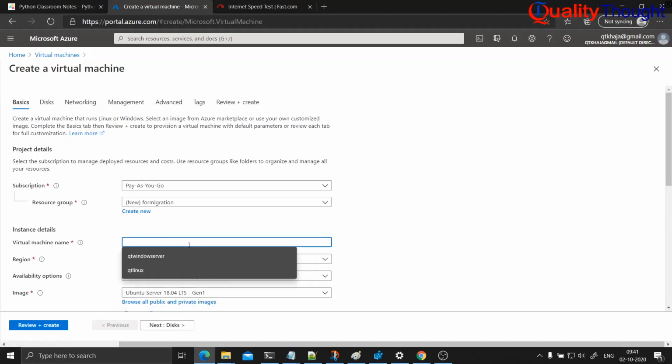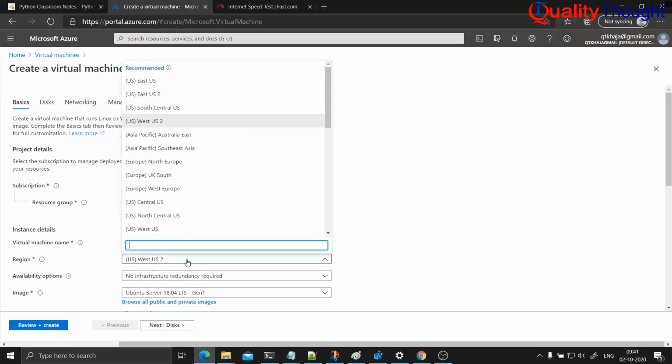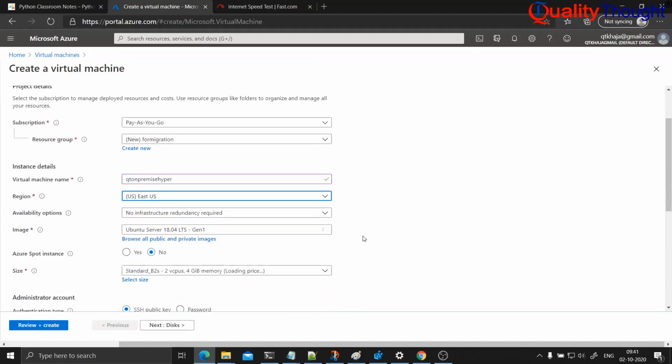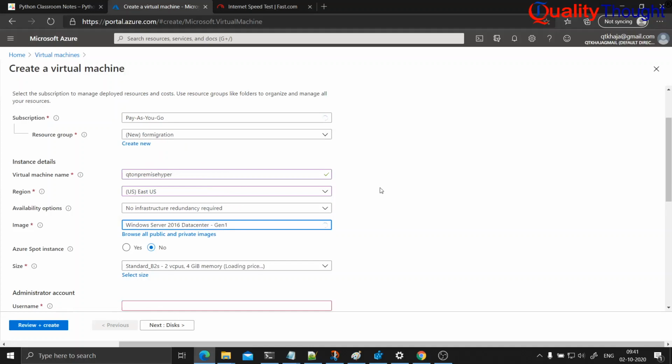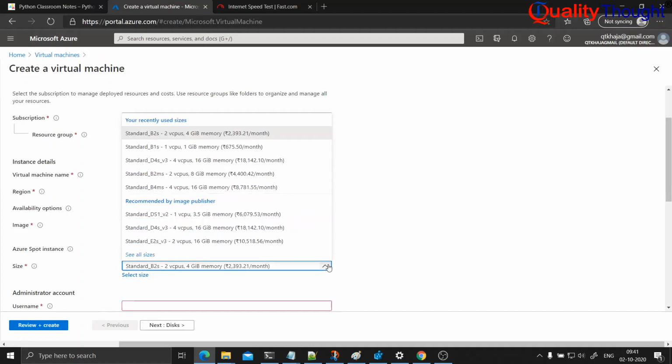And the name of the virtual machine, let me call it Qt on-premise hypervisor, something like this. Let me choose the region to be East US, and my image will be Windows Server 2016. And here I have to choose a series which is V3.